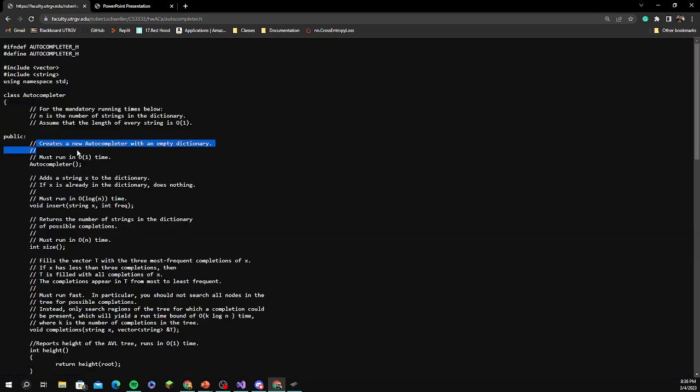So create a new autocompleter with an empty directory. So that one's pretty simple and self-explanatory. So how would you write this? It's just a root. So you just have a